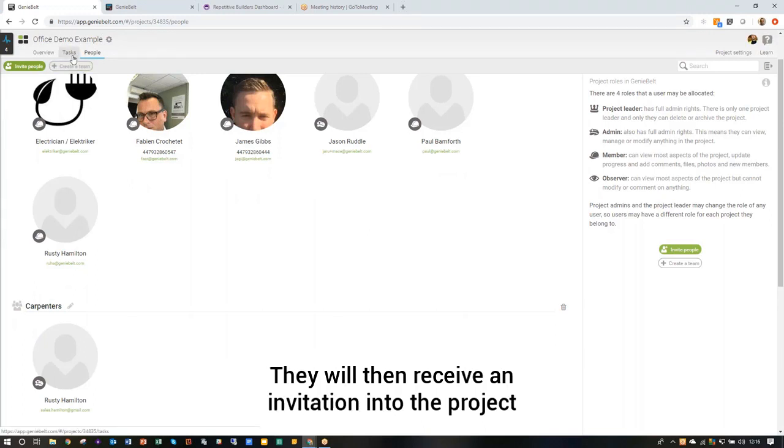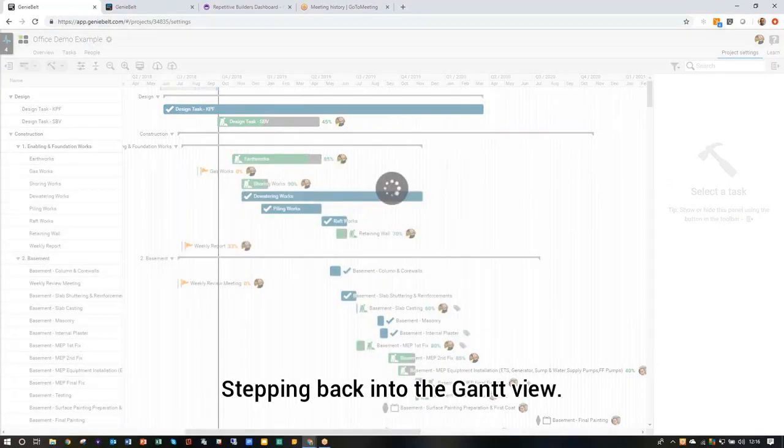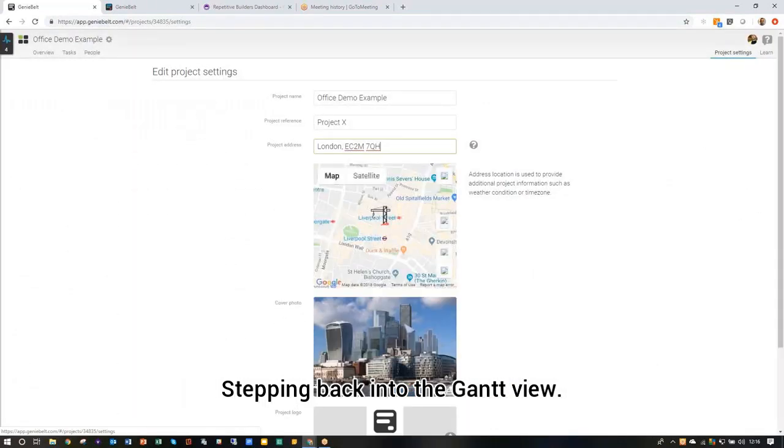They will then receive an invitation into the project, of which if they accept it, they then will have full access. Now stepping back into the Gantt view, so this project has already been set up, but if we go